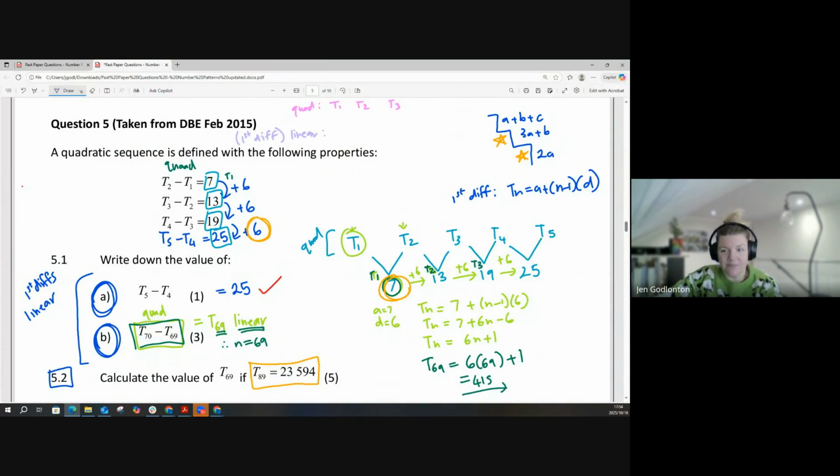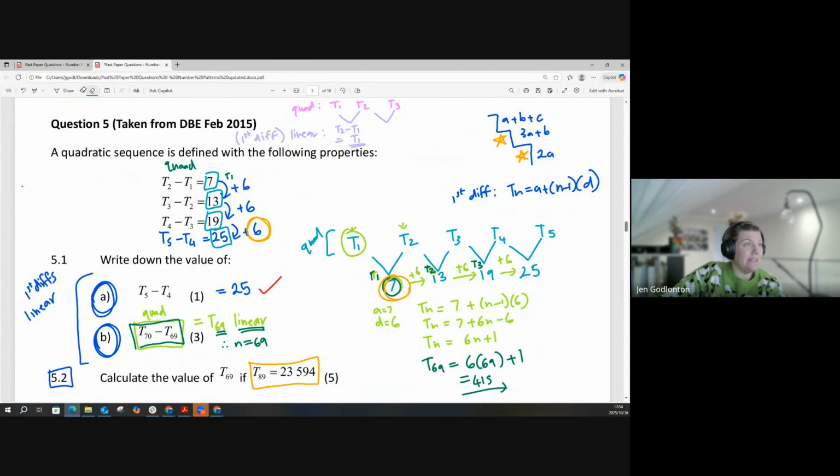Okay. Oyanda, my quadratic sequence is pink: T1, T2, T3. My first differences of those, so T2 minus T1, is going to be T1 of my linear. I'm actually going to write these two in pink so that you can see. So of my quadratic, T2 minus T1 is going to give me T1 of my linear. T3 minus T2 is going to give me T2 of my linear. So if I had to write that down,